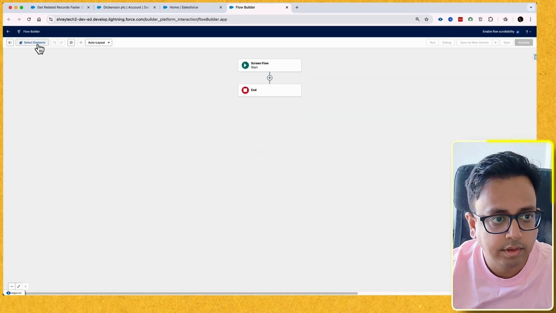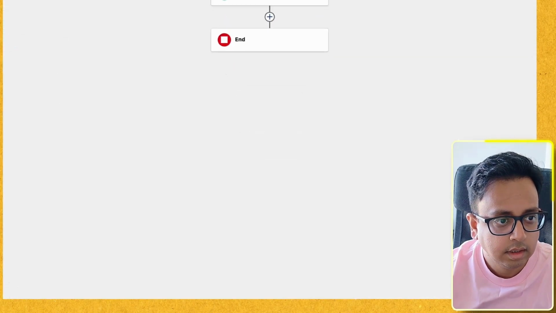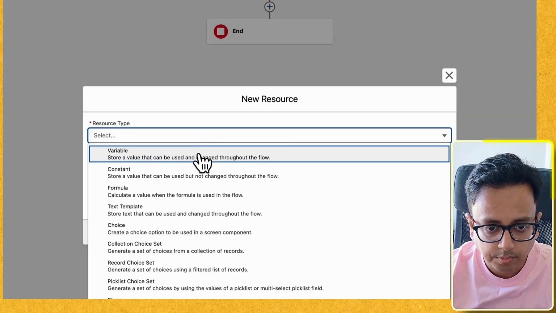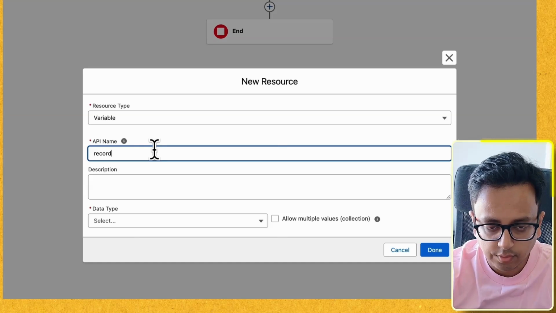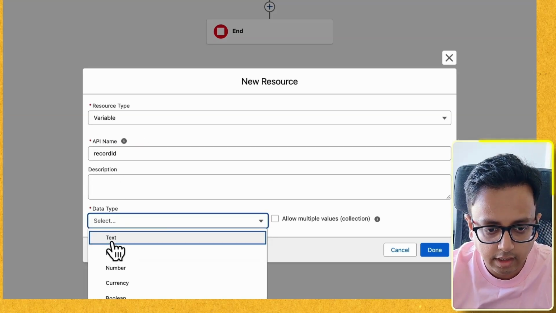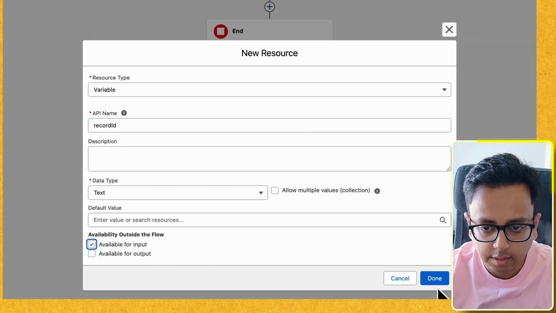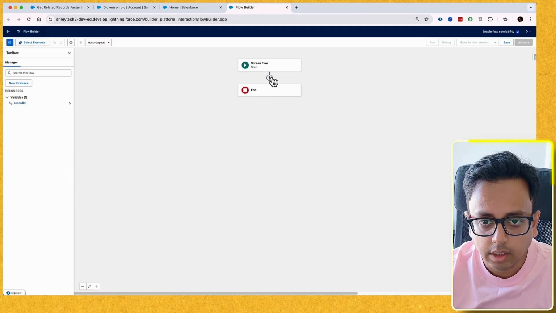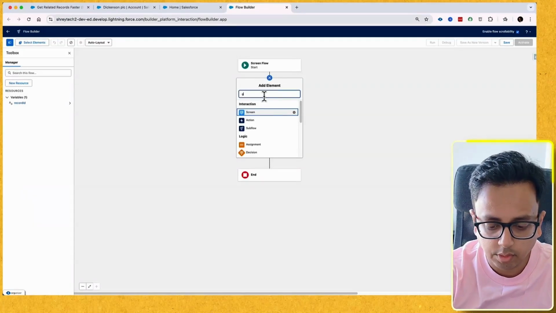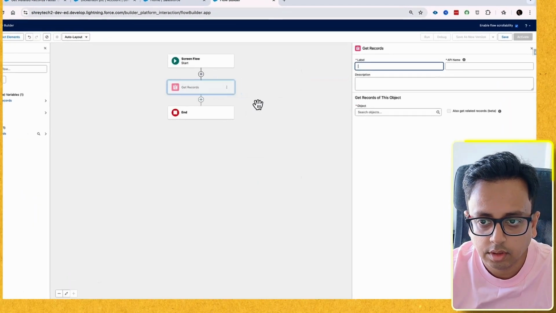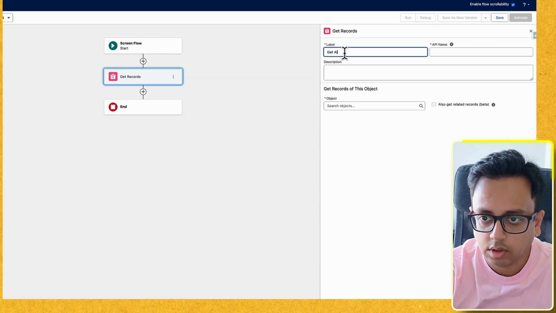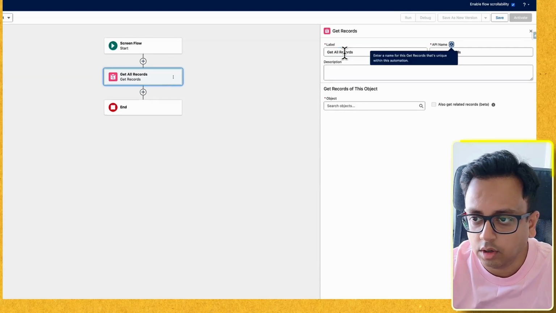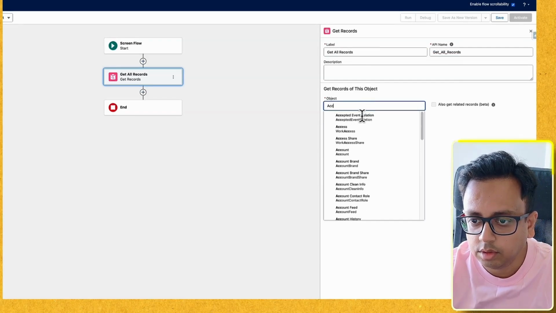So let me first create an element, create a resource of record ID, and let's make it text and input for variable. This is a variable which will hold the account ID, which will be passed from the UI to this flow. Okay, with that, here I'm going to click on Get Records and get all records. I'm going to search with Account,